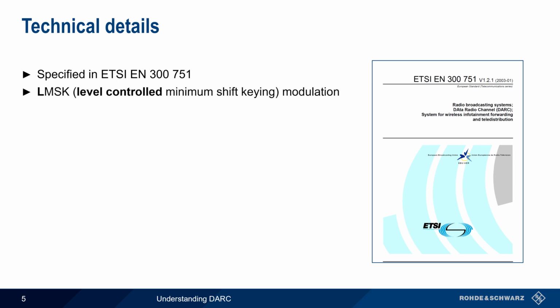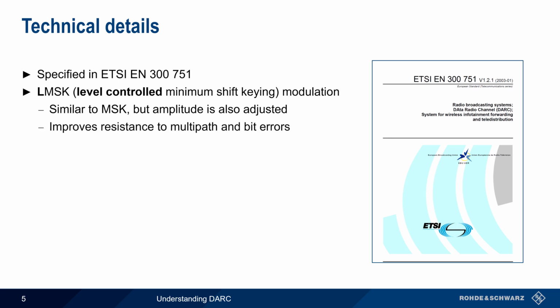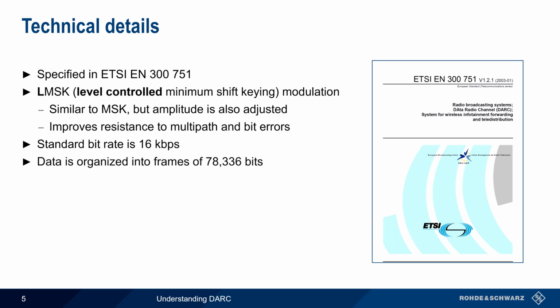DARC uses a special form of minimum shift keying called LMSK, where the L stands for level controlled. This form of modulation is similar to traditional MSK, but the amplitude or level is also adjusted between two values. This is done in order to improve resistance to multipath and bit errors, which is particularly important in the urban environments where DARC is typically deployed. DARC uses a standard bit rate of 16 kilobits per second, and the transmitted data is organized into frames consisting